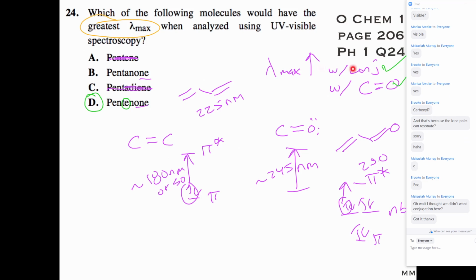So lambda max goes up with conjugation and with a carbonyl. Perfect. So hopefully that seems okay. So in summary, why would I ever care about UV vis? It's honestly kind of useless. It's a little extra aside they might toss in there. It tells me one of two things: